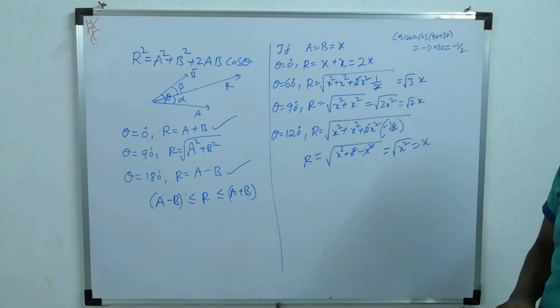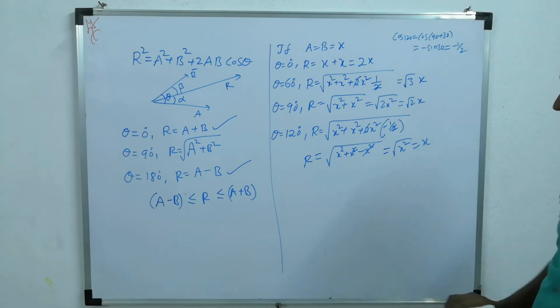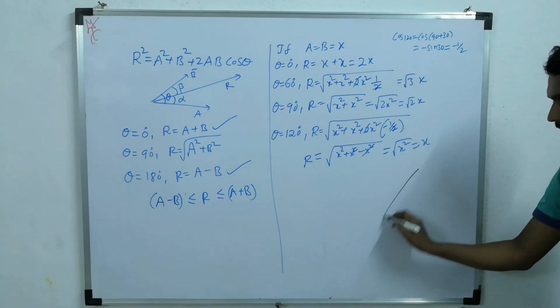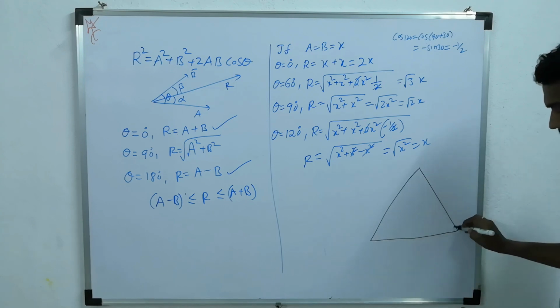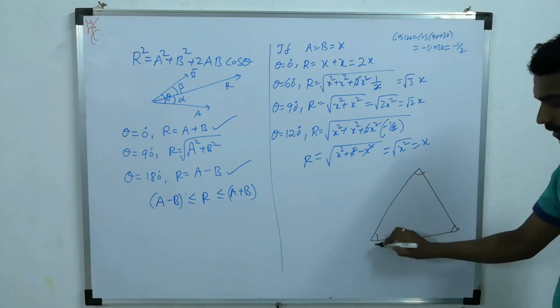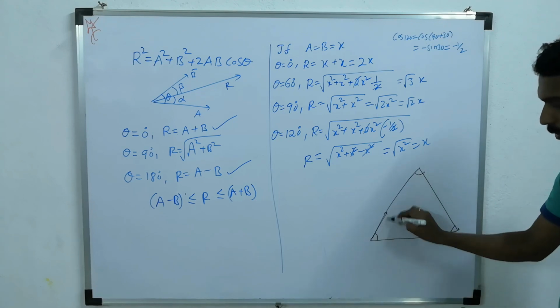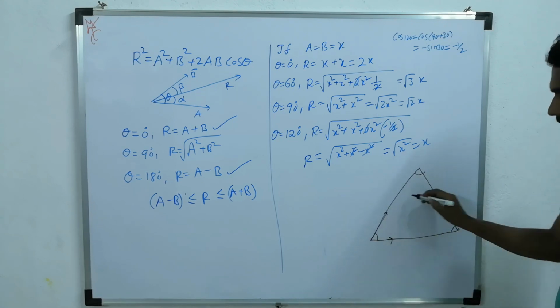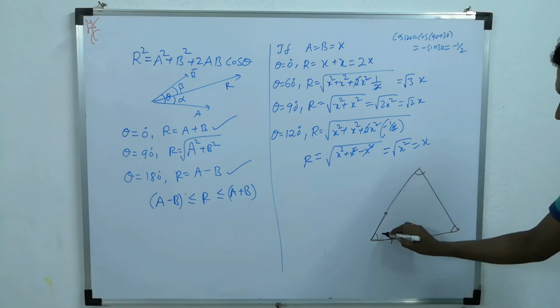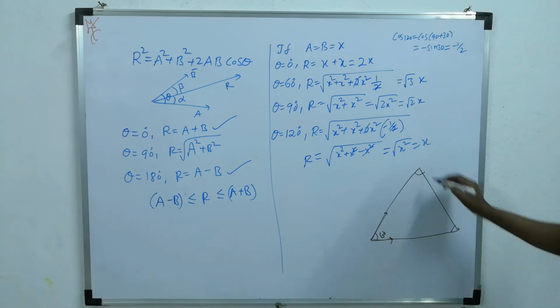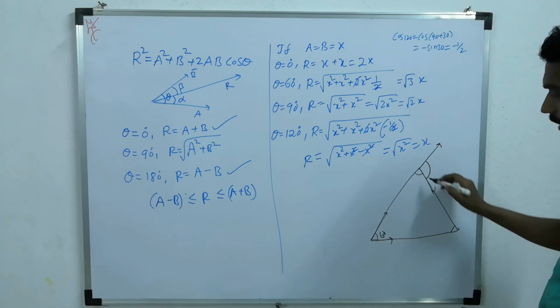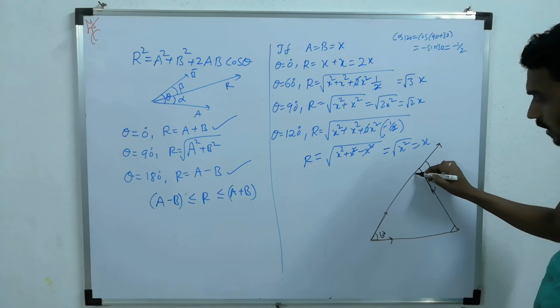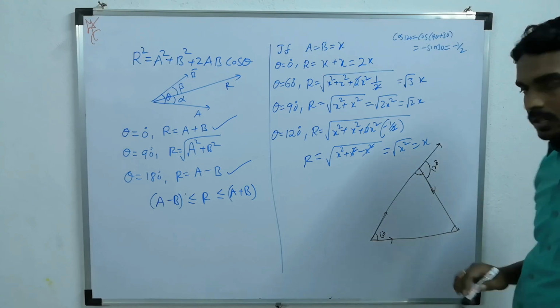Like I will show here itself. See, take the equilateral triangle. So here I am drawing. This angle is 60, 60, 60. If there are two forces like this or two fields like this, then the angle is 60. But if one is like this and one is like this, then what will this angle become? This total is 180, this is 60, so this will become 120.